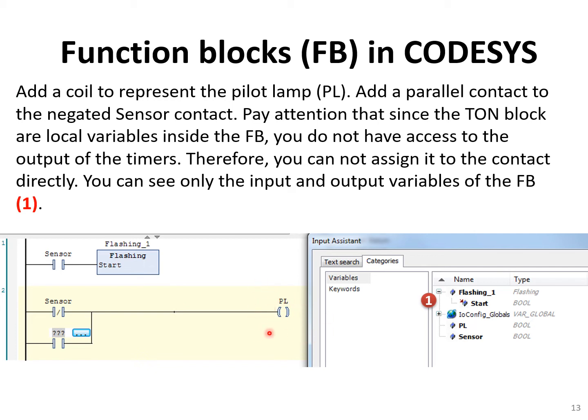Okay, so basically what we are doing is implementing the program presented on the first page of this example, or the example of the book. Yes, so we are following exactly the same program. We want to implement the same program. Pay attention that since the TOM blocks are local variables inside the FB, you do not